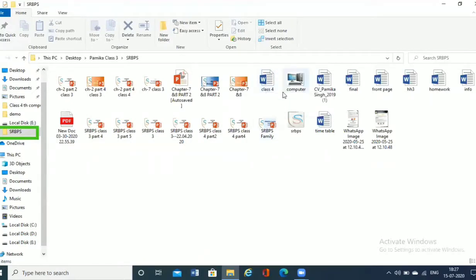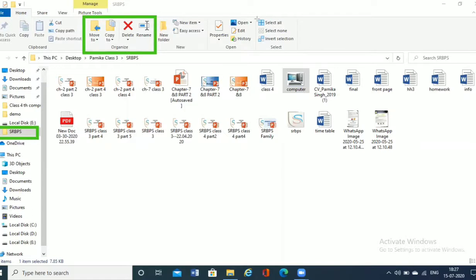For example, I want to make a copy of this image, computer. So I'll click on it and select this particular image. Then I will go to the Organize group.